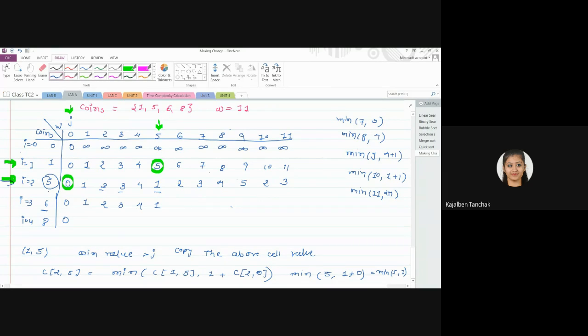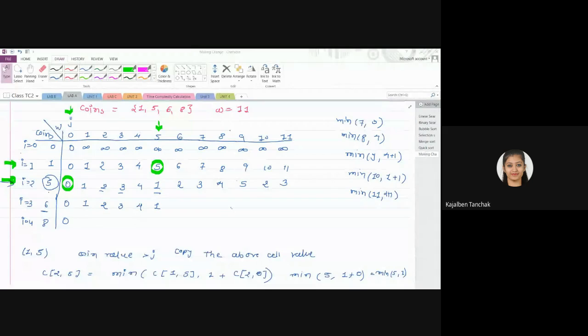Okay. Now everyone has to complete this table. Everyone will complete this entire table quickly. I'll give you 5 to 10 minutes to complete this table, and then we will verify the answers. Okay. And then you have to do the C program for this. So everyone quickly do it.